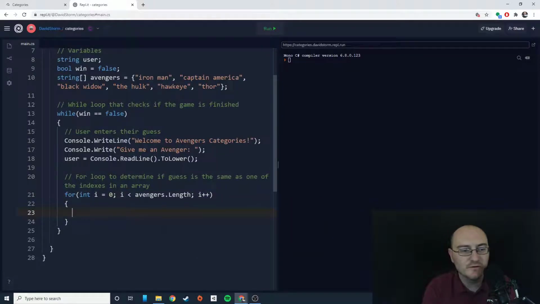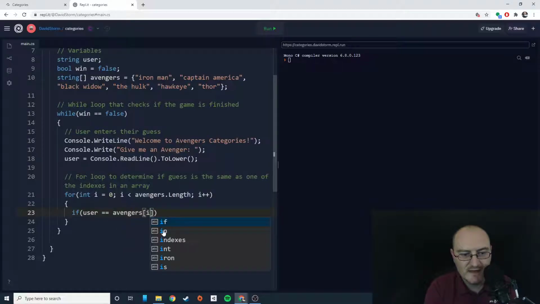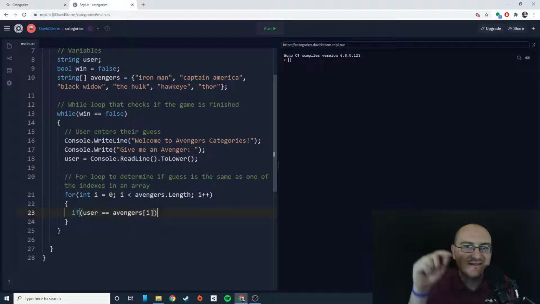So that's our for loop there. Now what we're going to do is say if user equals Avengers[i]. So basically, if what they've entered matches what's in the specific index that we're looking at right now,